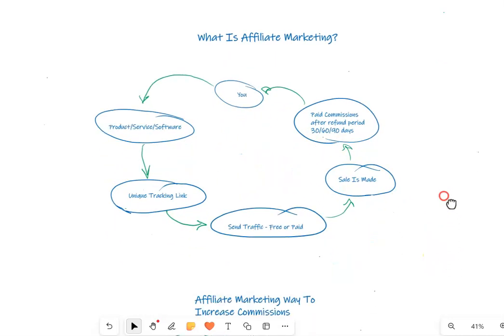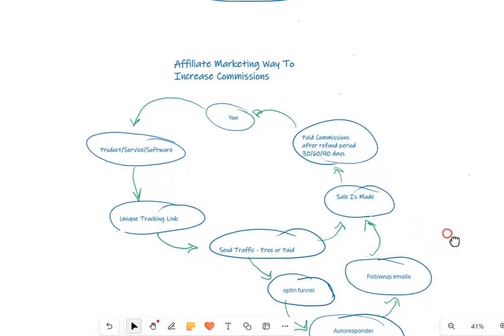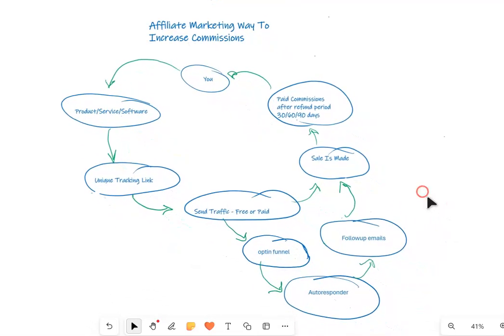So I duplicated it, and let's go down here. This is a way to increase your affiliate commissions. So this upper part here is the same as what we just went through, but there are some changes. So with this, what you're going to do is create what's called an opt-in funnel. The opt-in funnel, what you're going to be doing is you're going to offer a free giveaway, and it could